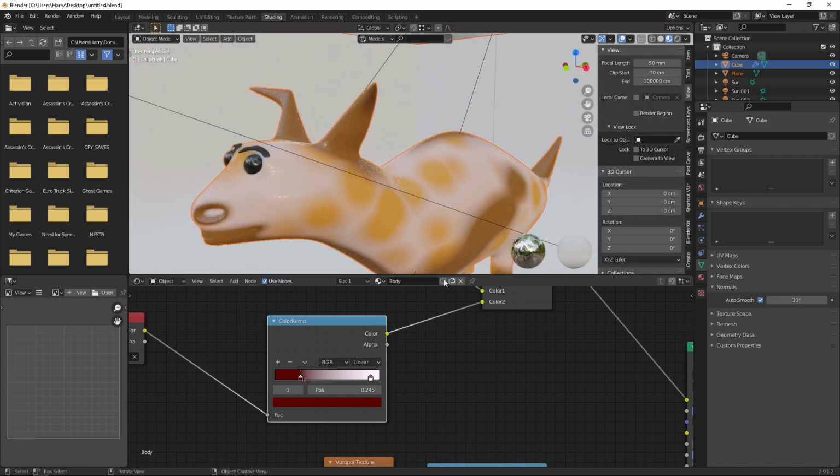This one doesn't look like red color actually.